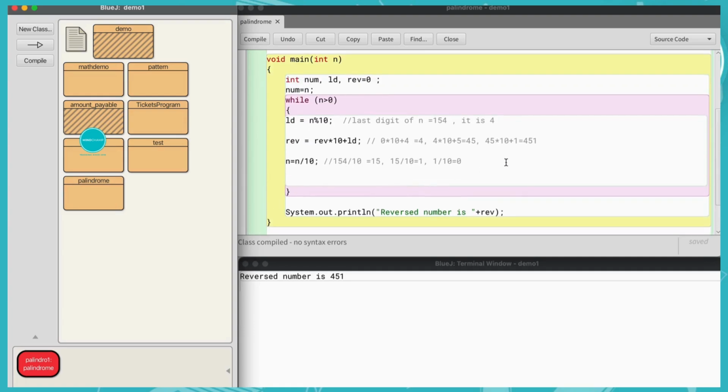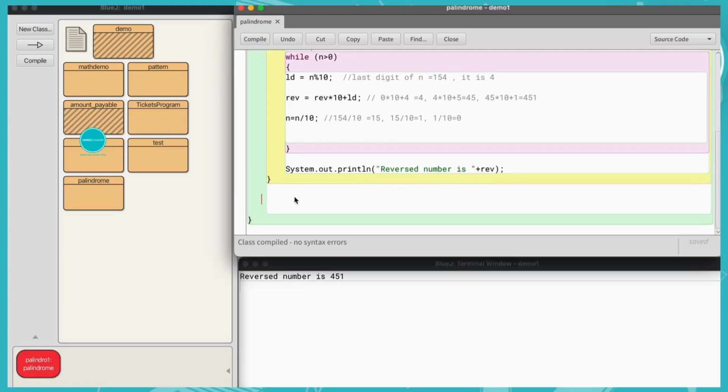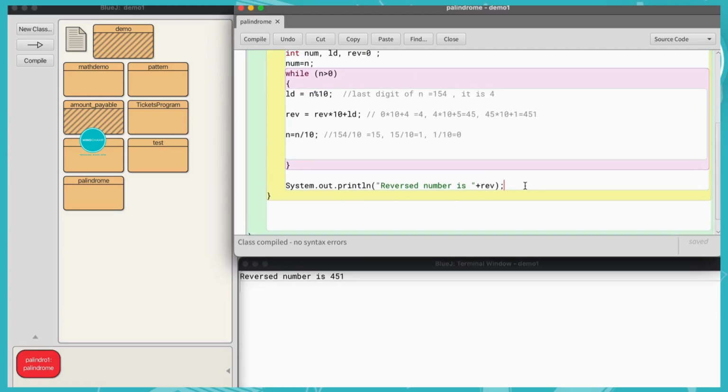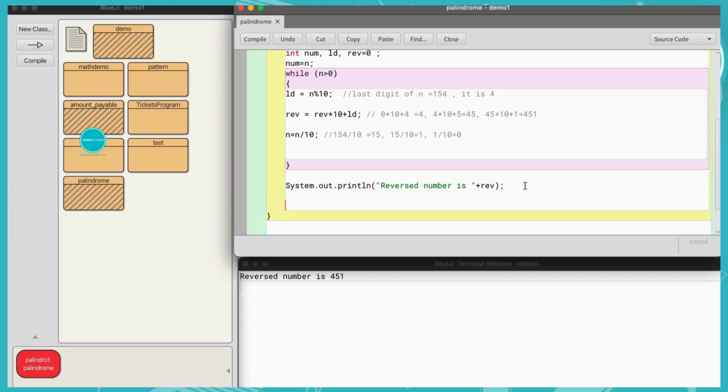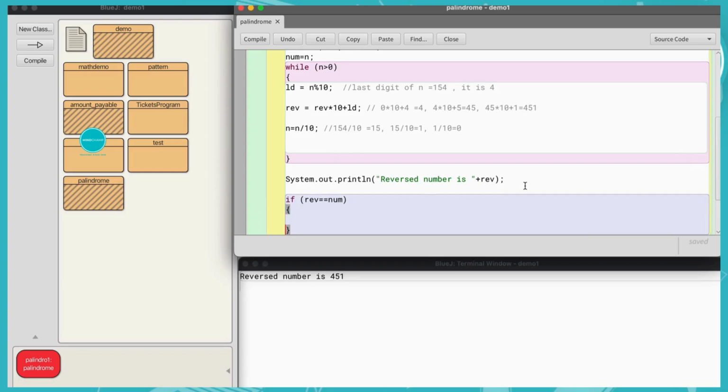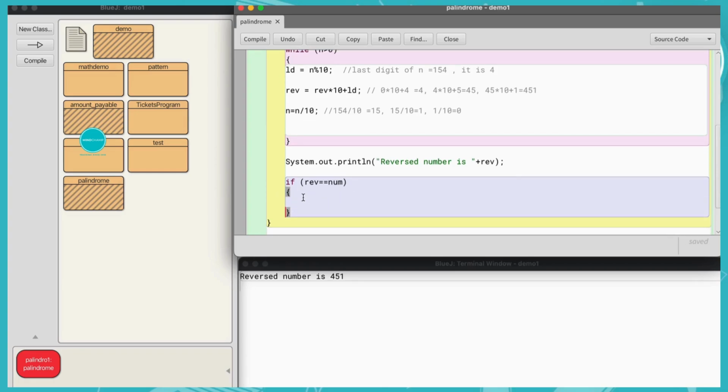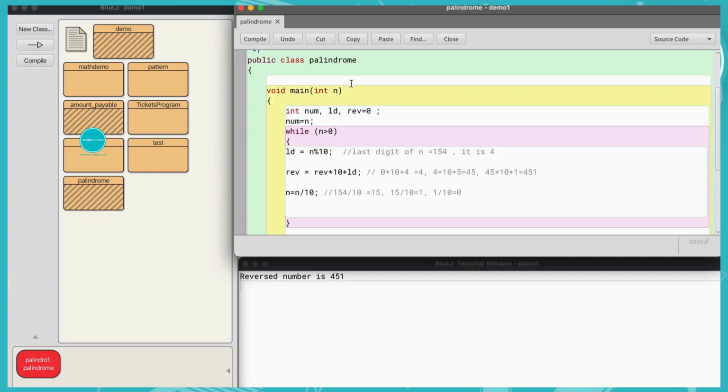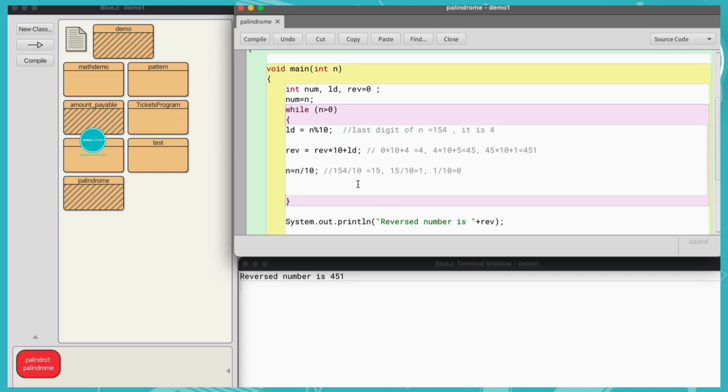We can convert this right now to the palindrome program as well by simply writing an if statement. I'll say if rev is equal to num. Why num? Because when I was doing the reverse number program, my original number, which was n, was destroyed.